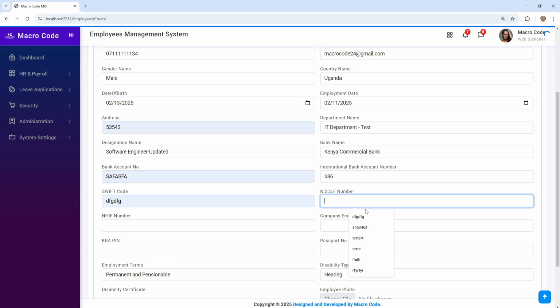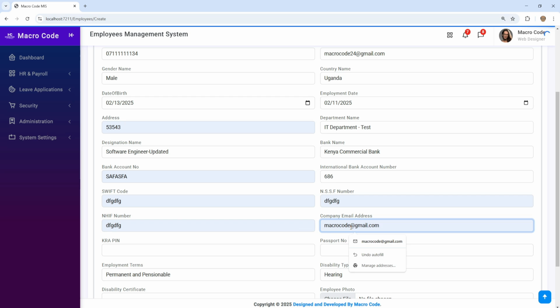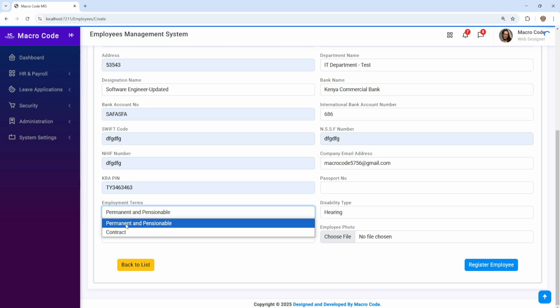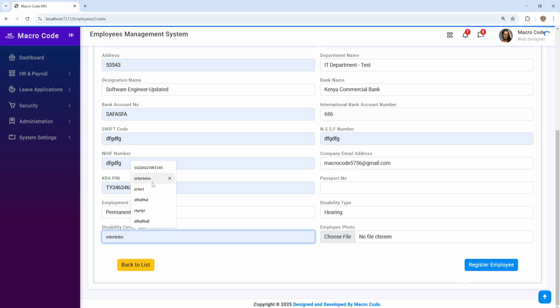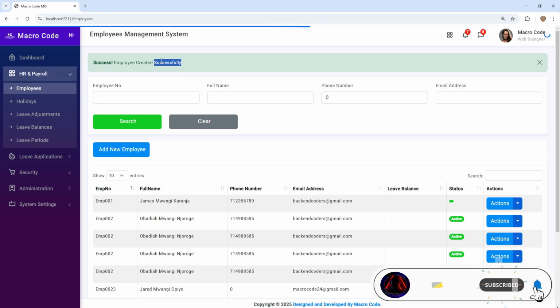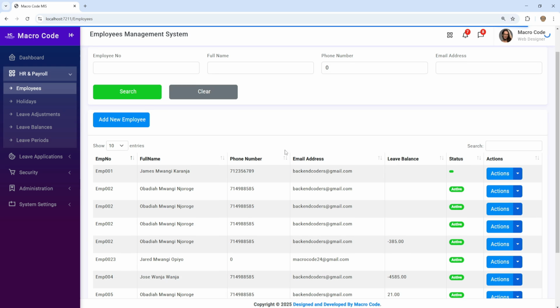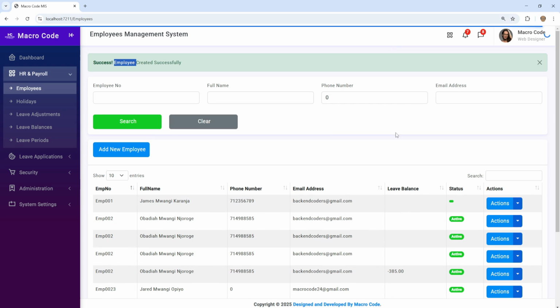So this is our... we can do that. So we can also have the PIN here, a passport, and we can have a certificate. So if we register, you see we have our success message here. So that's cool. So every time we'll now be adding our application, we should be able to have our